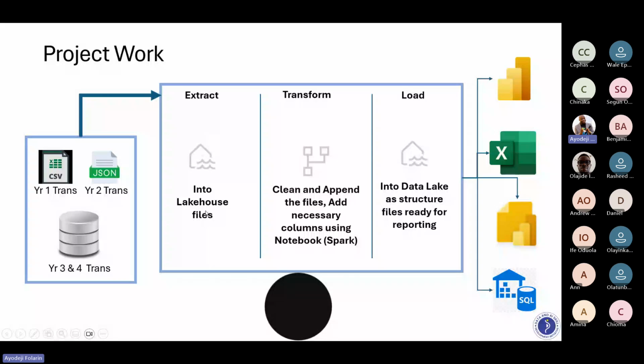Please, you are not using Power Query again for this session. I think the last time we used Dataflow Gen2 and Power Query, but today we are going purely into coding. And once we are done with our work, we should dump it inside the data lake.